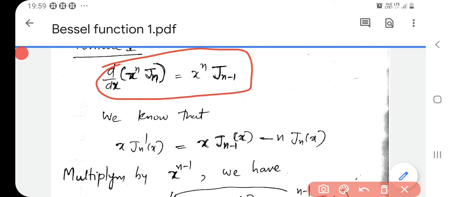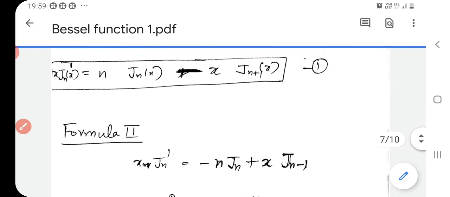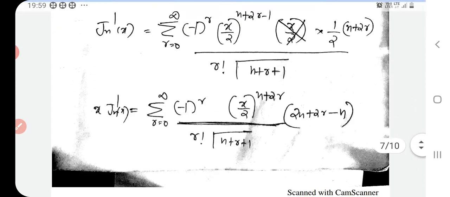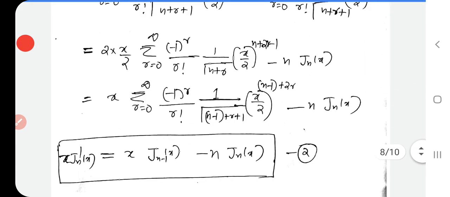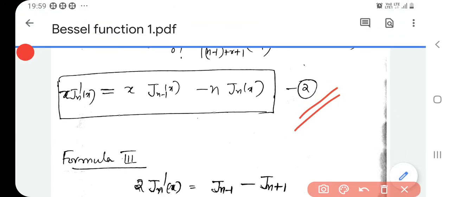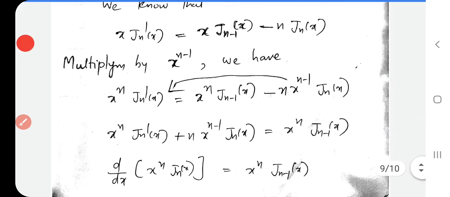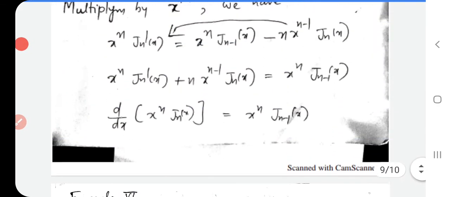How do we get that? Take the second recurrence formula. What is it? The second formula is x Jn prime of x equals x Jn minus 1 of x minus n Jn of x. Okay, so we are taking that,